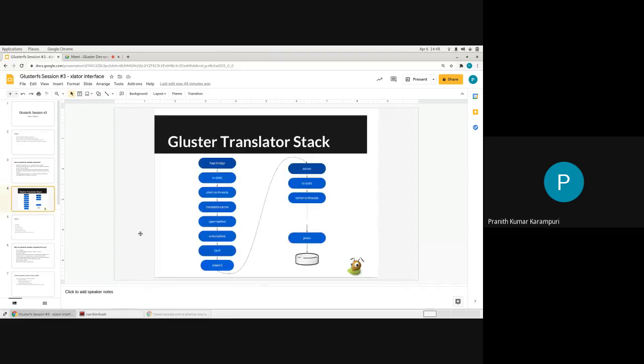So we will take a look at a typical stack. If you look, all the client translators are here, all the server translators are here. There are too many server translators, so for now you'll get a picture of how these things are. At the top, you will have a FuseBridge translator, which translates between the Fuse protocol and the GlusterFS protocol. IOStats is for collecting statistics.